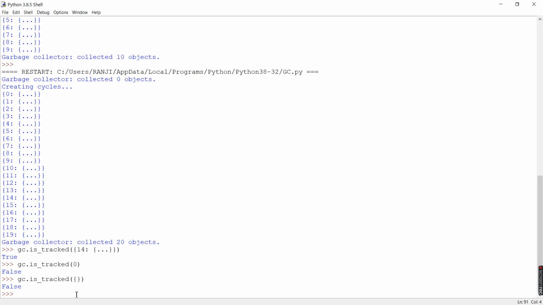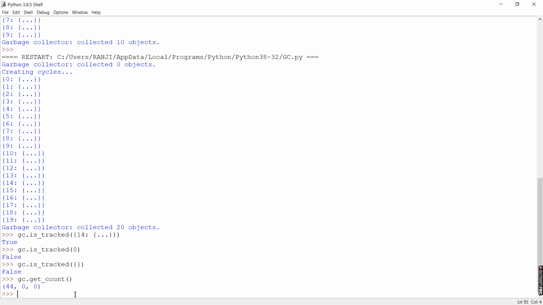Then you have something called gc dot get_count. It will show you the count of objects, not these objects, that is 20 objects, but other objects which are created internally. So this is count 0, count 1, count 2.